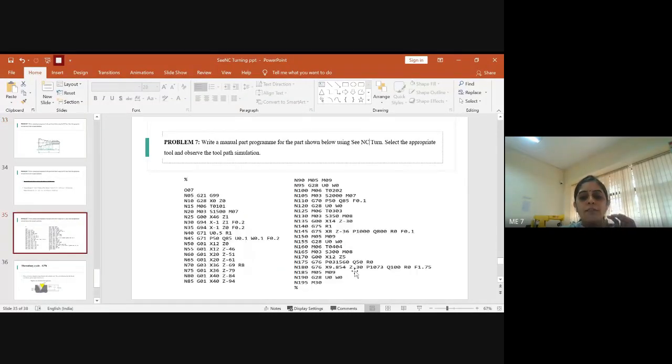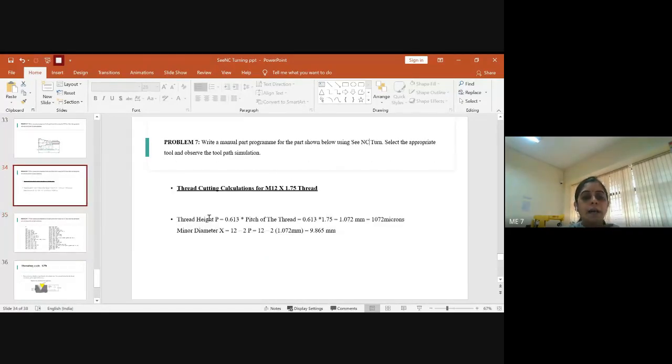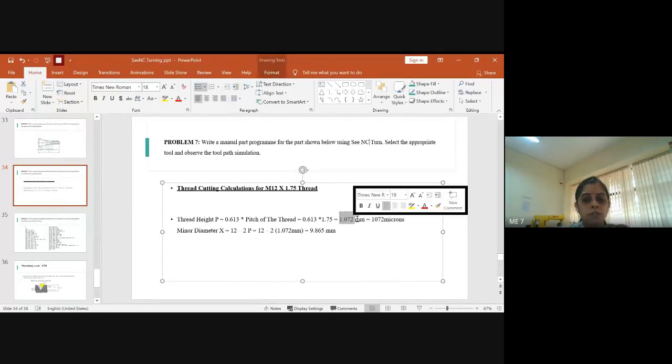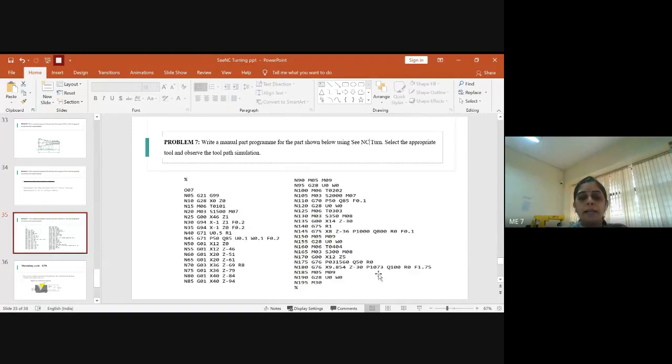So you have to assign the value of Z exactly. And what is the value of the thread height? The thread height we have calculated as 1.073 mm. Kindly convert that into microns and type it here. So the thread height will be 1073 microns.